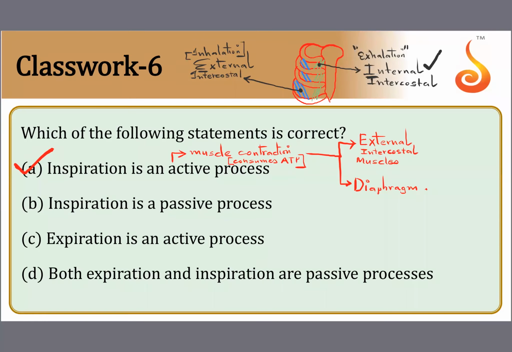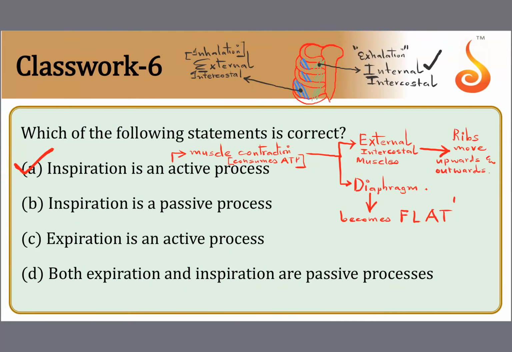Okay, so because there is contraction of the external intercostal muscles and the diaphragm muscles, you all should learn the mechanism of breathing also. Whenever there is contraction of external intercostal muscles, the ribs move upwards and outwards. So you can feel the upward movement of your chest. If you place your palm on your chest when you're breathing in, your chest is moving up. That's because your ribs are moving upwards and outwards, and that is due to the contraction of the external intercostal muscles. And you know what happens to the diaphragm? The diaphragm becomes flat.